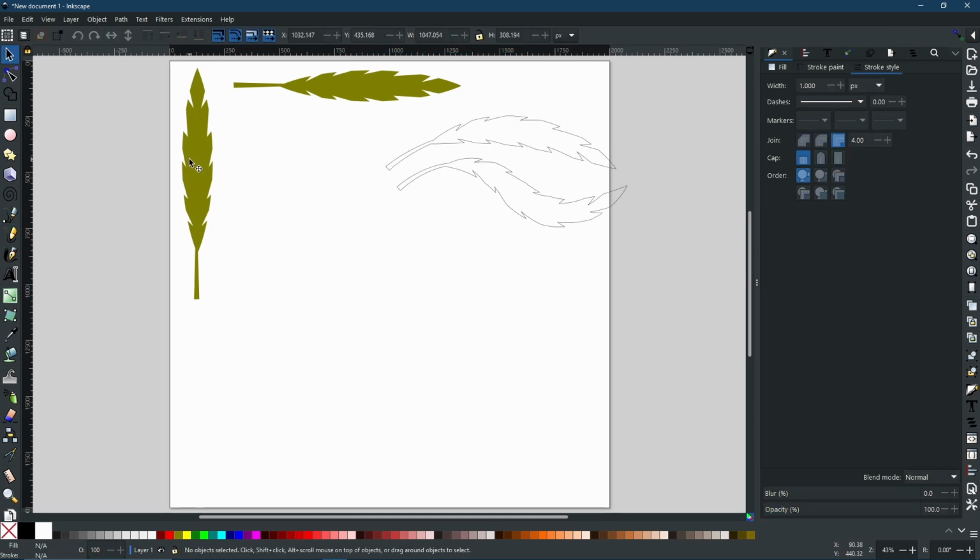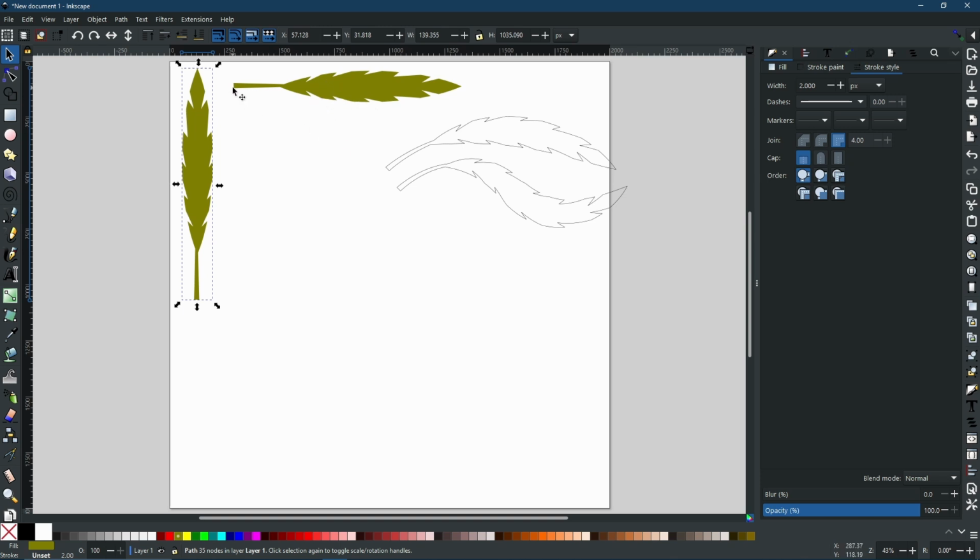Now let's take this one. This is the reason that I laid it going from left to right. When you use the pen tool, the left will be your start point. The right will be your end point. So as you can see, I started from this side and I ended on this side. So if I was to go